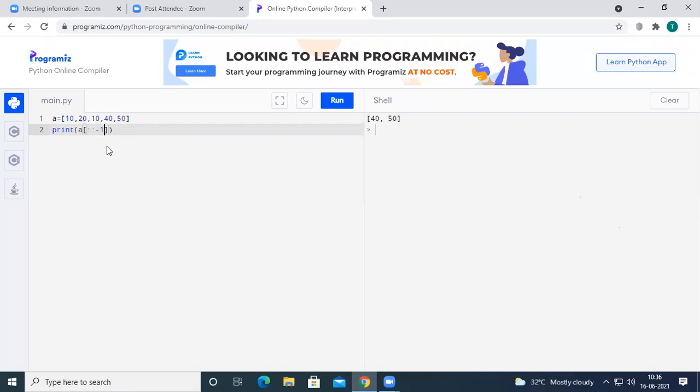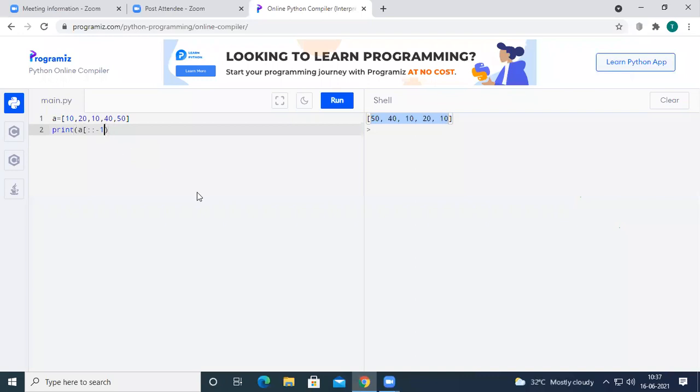So -1 means the list will be printed from the n-1 index to 0 index. If you run this code, you can see the initial list was 10, 20, 10, 40, 50, and if we reverse the list, we get 50, 40, 10, 20, 10 as the output. So this is how we can reverse the elements of a list.